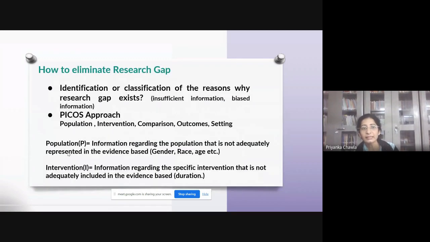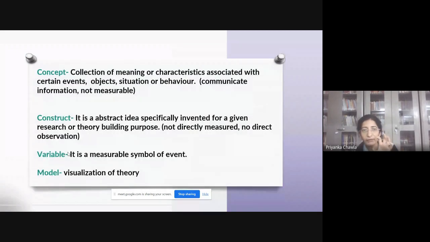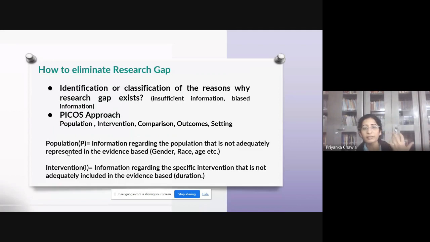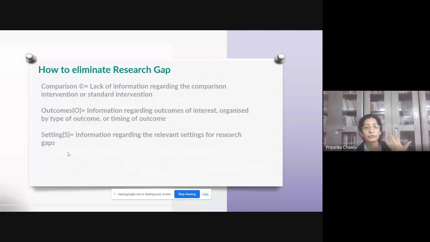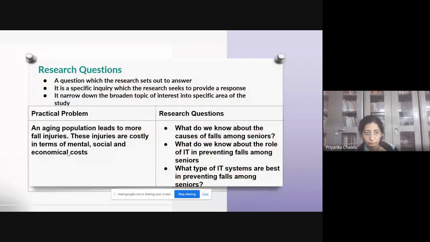So these are the concepts. Conceptual skill means you have some knowledge related to research paper concepts. You should have information about how to cover the research gap, concepts, and research questions. Now, what is a research question? A research question is what the research